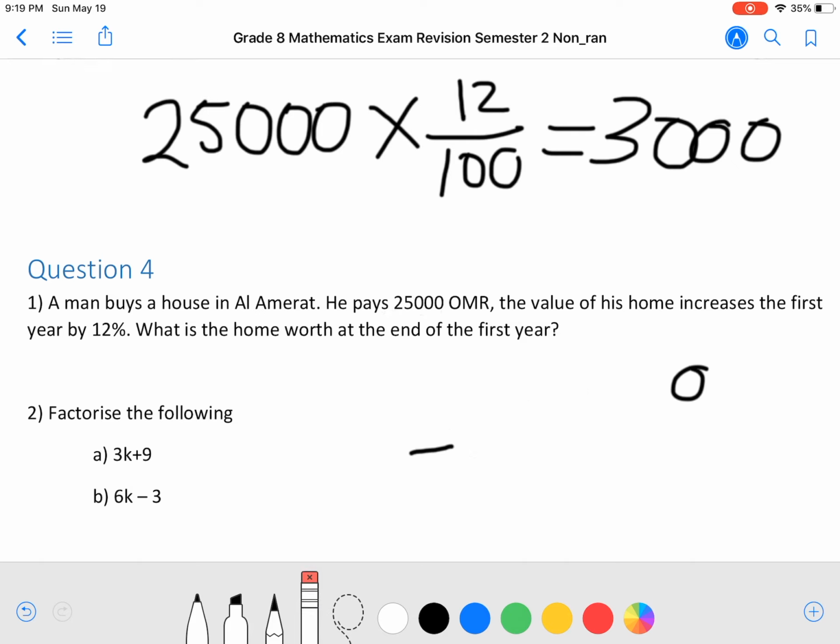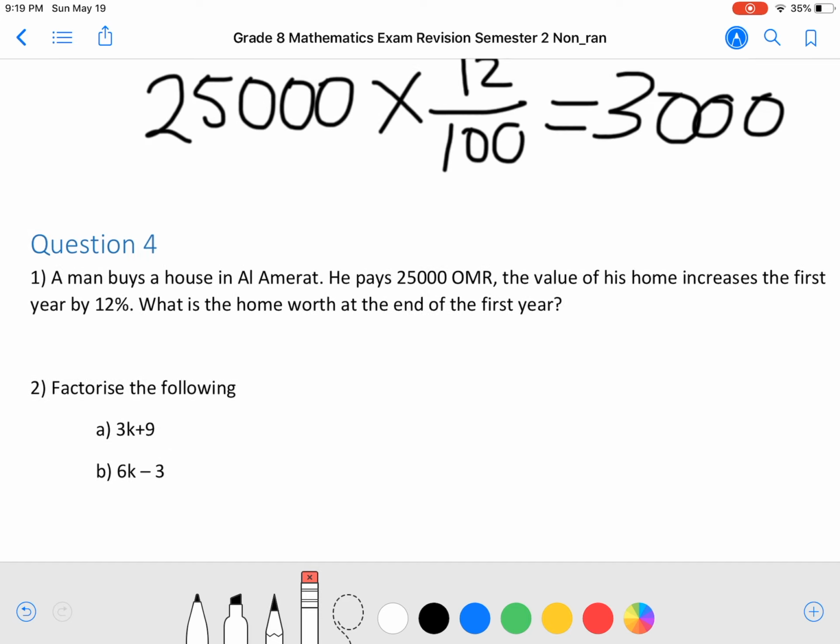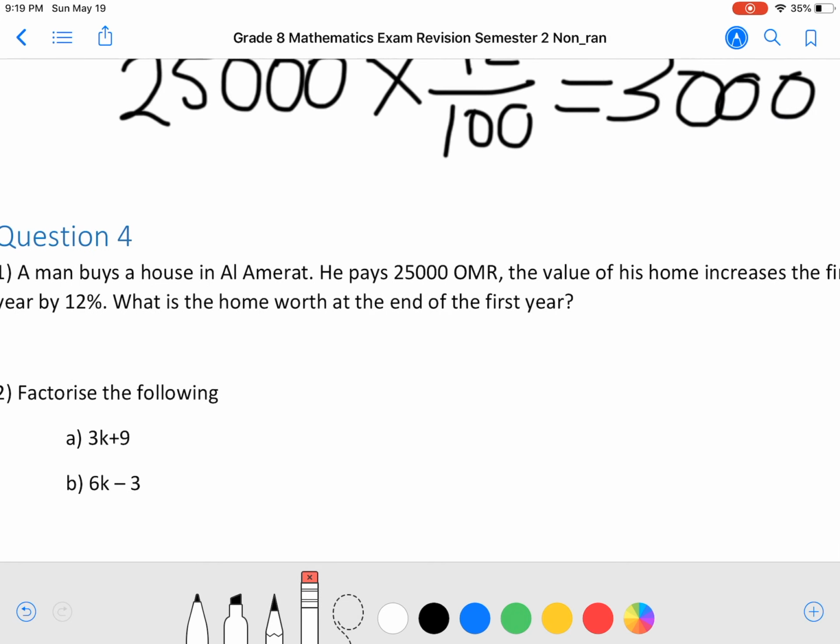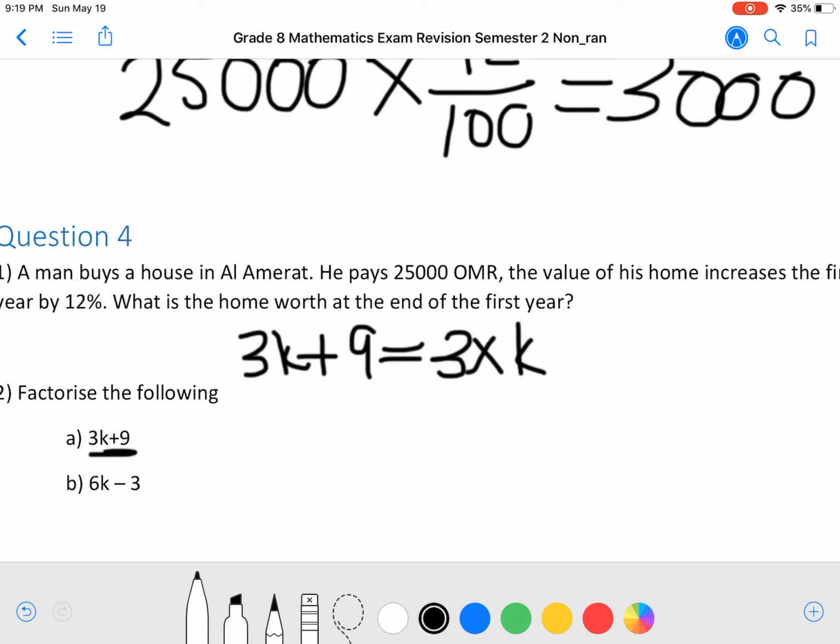Question 4, number 2. We have to factorize the following: 3k plus 9. So 3k plus 9, we can write as 3 multiplied by k. So those are the two factors for 3k. 3 multiplied by k are the two factors for 3k plus,